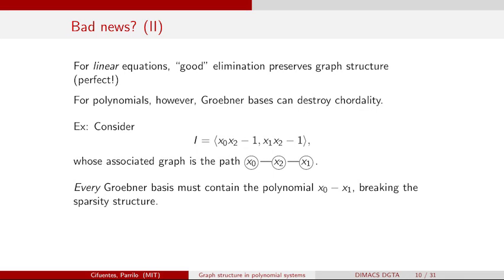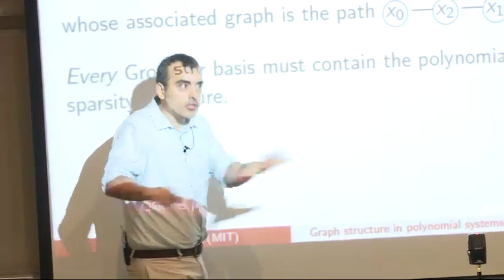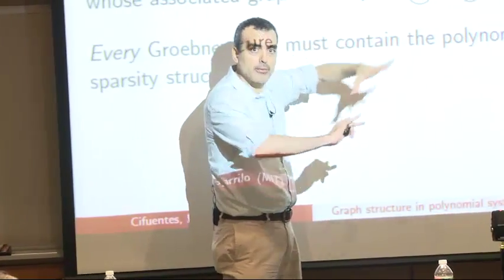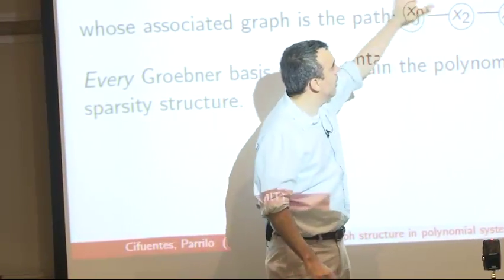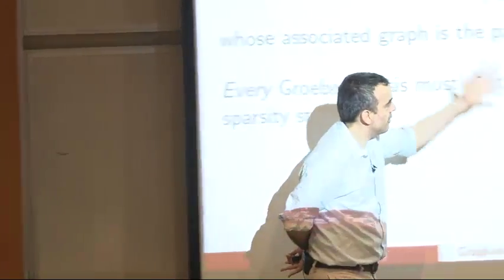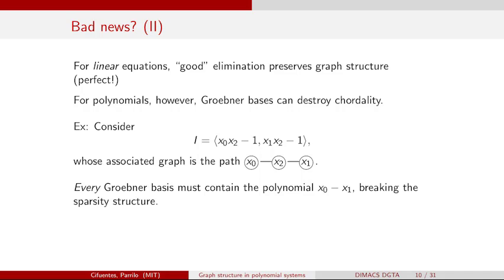But the point is, when you look at every possible Grobner basis, every possible notion of solving this system, what's going to happen is that in the process of solving it, there are going to appear polynomials that combine x0 and x1. So the structure of my graph is going to be destroyed. This is a toy example, but think about any of the examples I talked about before. If you input something like this to your nonlinear algebraic solver, there are going to be polynomials in there that combine x0 and x1 directly. They're going to talk to each other.